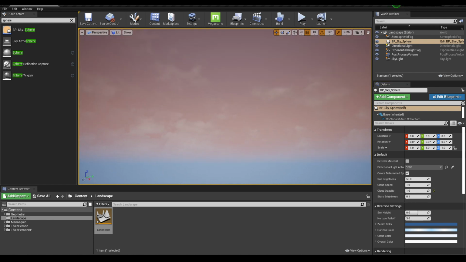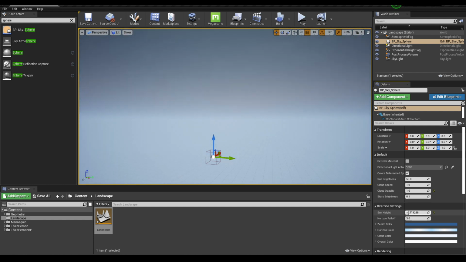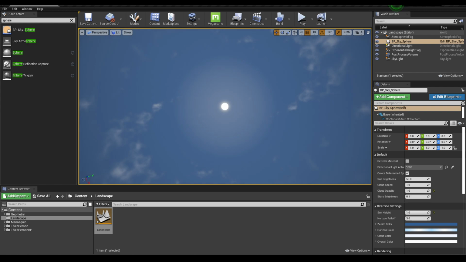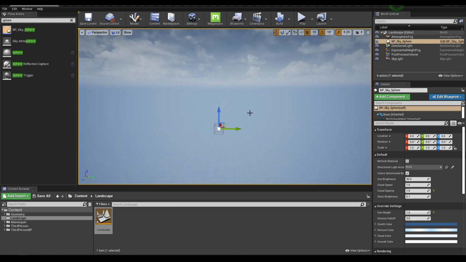Now you'll see some clouds in your atmosphere. And here you can change the sun's height and horizon fall off. Change it like this. Turn it down to -1 if you want to make it a night, and keep it +1 if you want your sun like this on the top. Now we have created our environment.